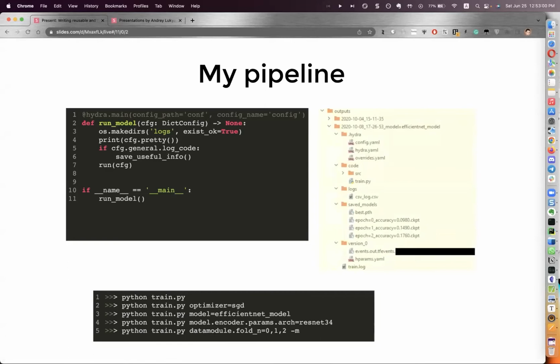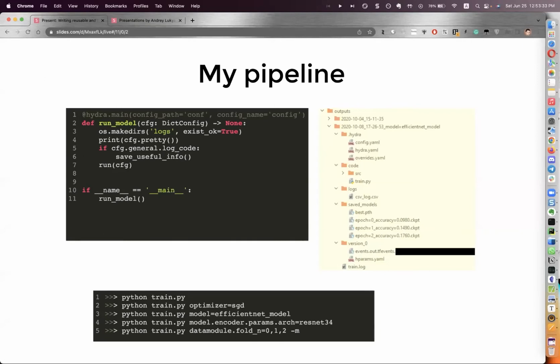And on the right, you can see the output of any experiment. The name of the folder is a timestamp, as I have already said. But it's possible to make some advanced naming scheme, for example, to take the parameters from the command line and add them to the folder name. The main downside of this approach is that if you change multiple parameters, the name of the folder will be too long and some operating systems could have problems with it. But it can be nice when you are changing only a couple of parameters.